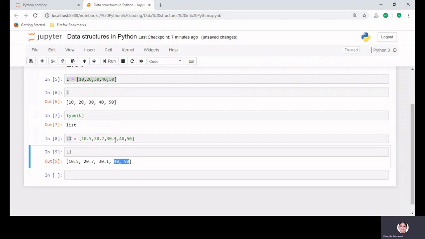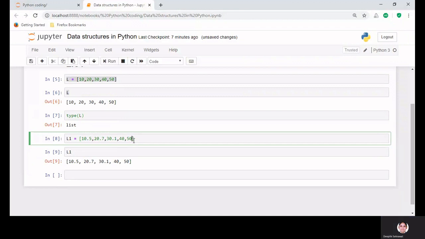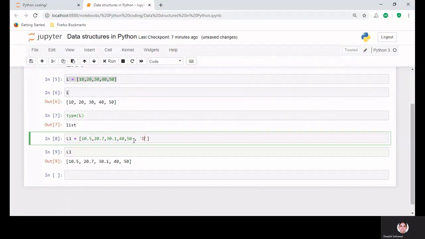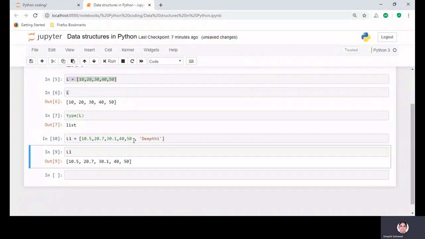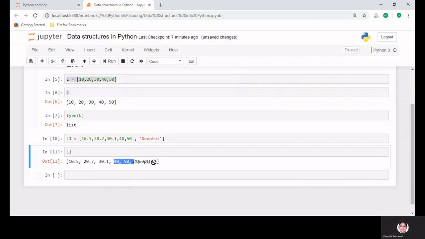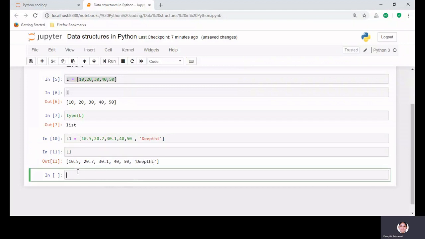Now I can also add a string. Let's say I add this, and now see the result, a string has been added. So basically in a list we can have float values, integer values, as well as a string.